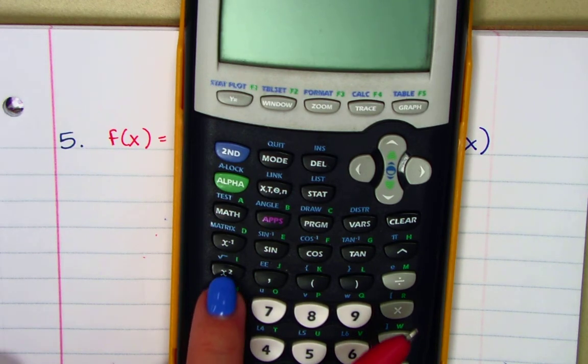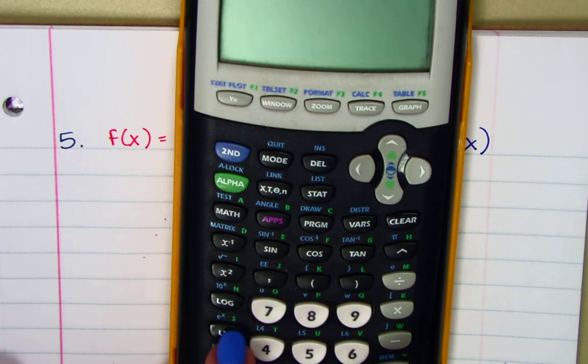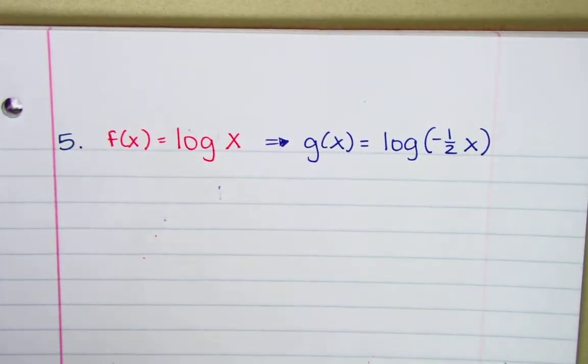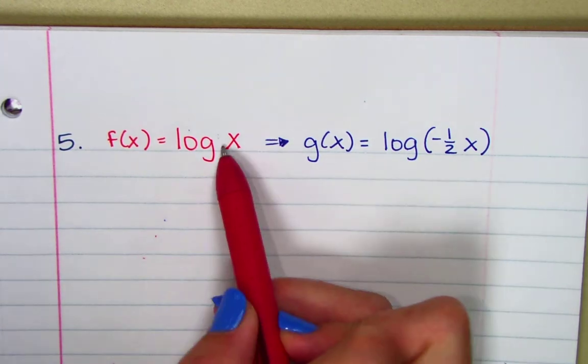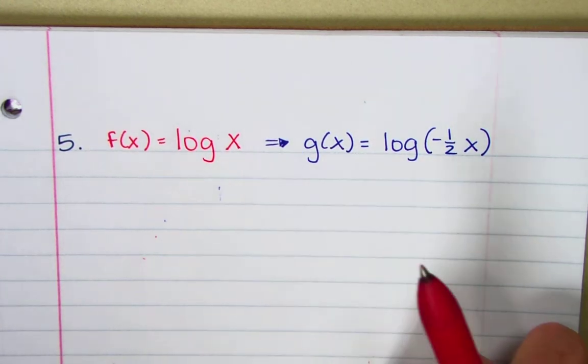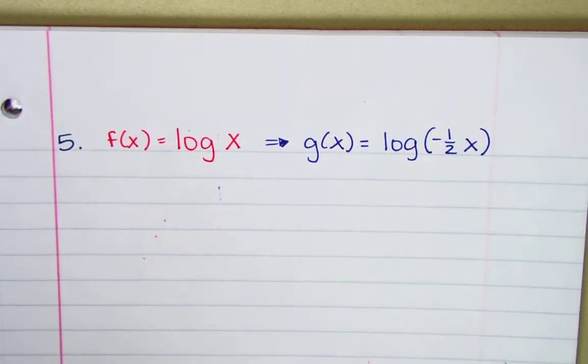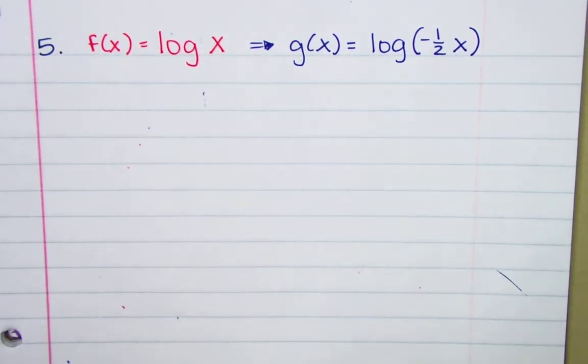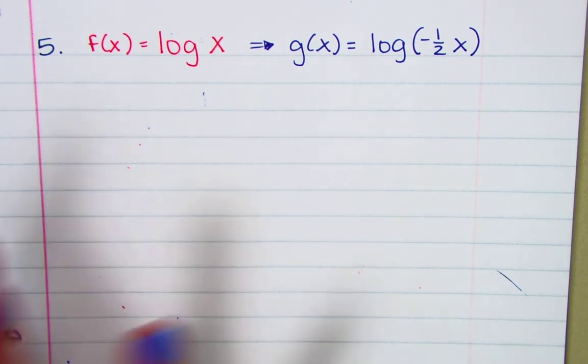So our log button's right here. Our ln is right here, and it's the opposite of the e to the x power. Again, you don't really need to know all this yet. We haven't got to that part for what we're doing today. I just want to make sure that you weren't like, hey, last class there was a base, this time there's not, okay? It's understood to be 10, but you aren't going to be quizzed over that yet until we do more with it. So with logs,